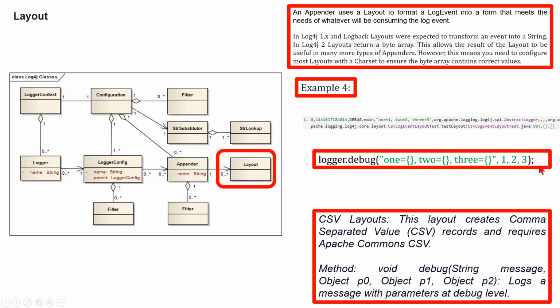This produces a CSV record with the following fields: the time nanos, and time millis, and level, thread ID, thread name, thread priority, and formatted message,